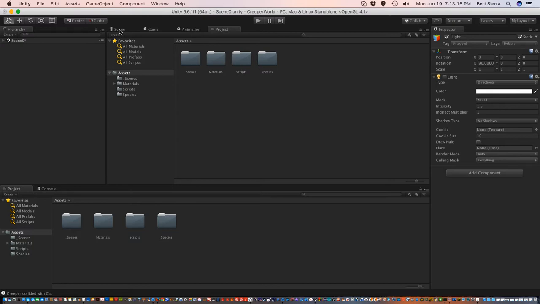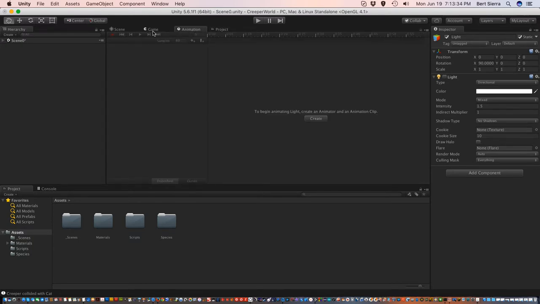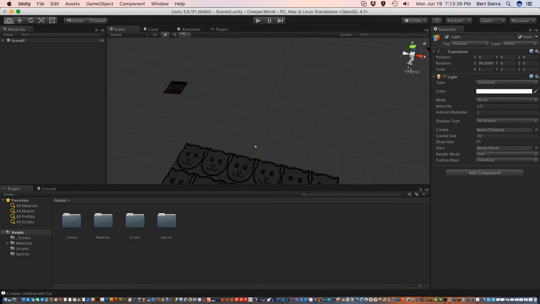I think the only real difference from the original is there's an extra project. Oh, I remember why we did this. We liked having an extra project thing here, so you could easily drag things from one place to another. So you could simply move things and take it from here to here. Oh, and there's also an animation tab here. So that was kind of the